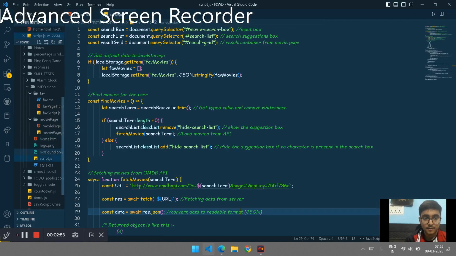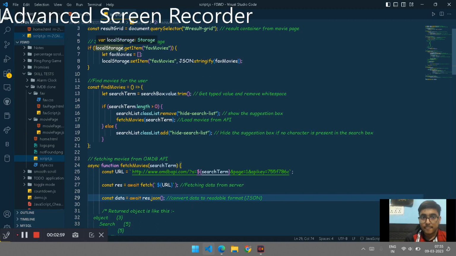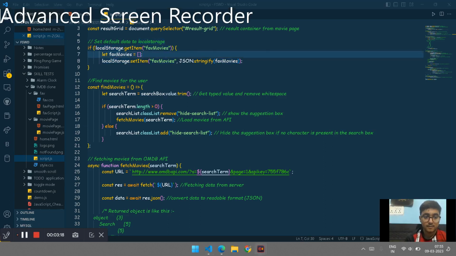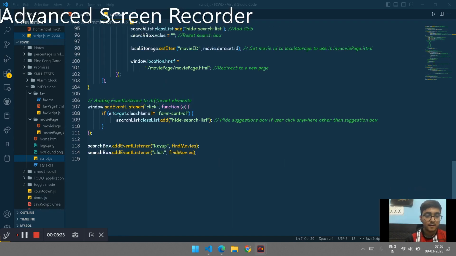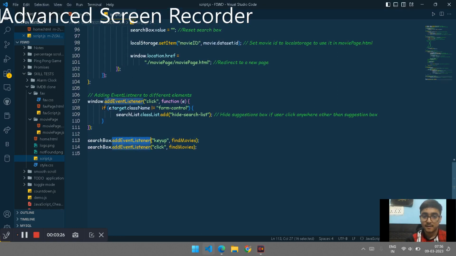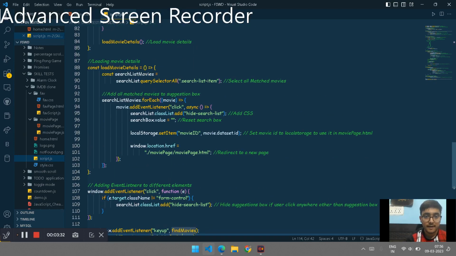Now if we go to the script.js for this HTML file, we can see first of all I check if there is any movie in the local storage or not with this keyword. Okay, like in the local storage we have key value pairs, so this will be checked by using fav movies as the key. If there is not any item stored, a new array will be created and stored in it. Okay, with the event listener, when I key up or click on the input box, the find movies function will run,